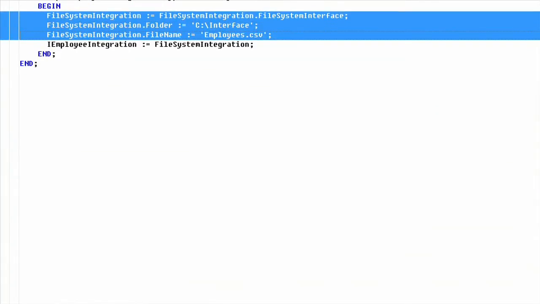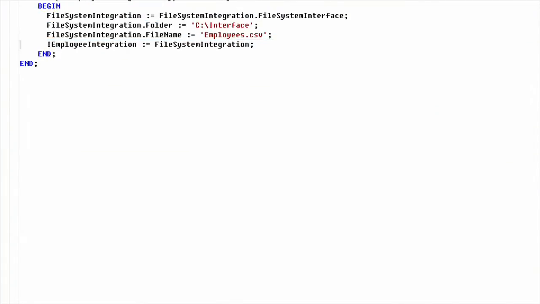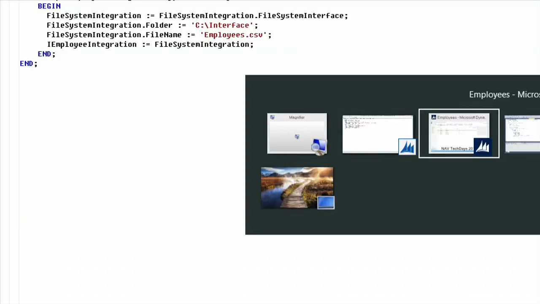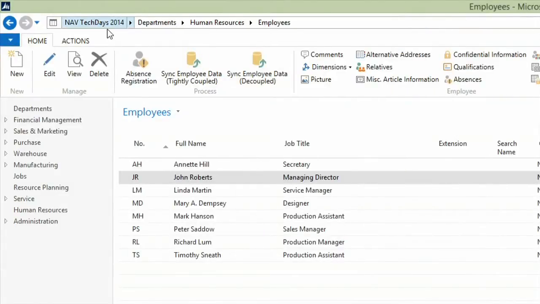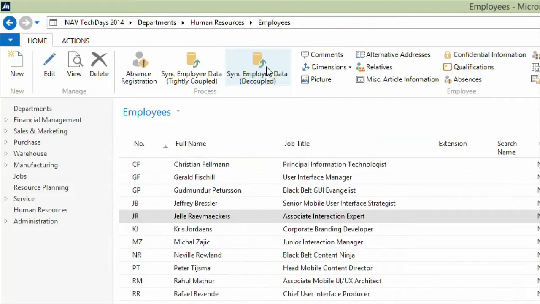And here is the specifics for the file system. So it goes to the file system, loads a CSV file, and then feeds the data. So if I click sync data decoupled, it essentially reads data from the file system and integrates them. And I didn't have to change a line of code in CL, for example, if I want to go on with a different kind of interface altogether.